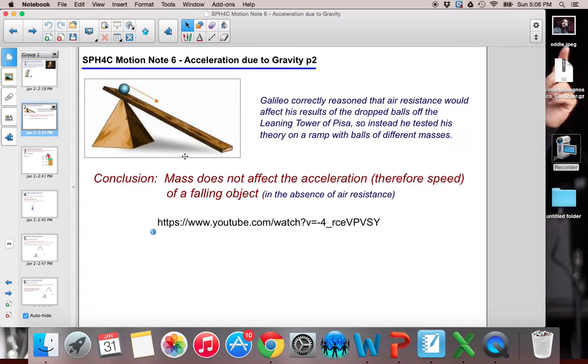So he actually went as far as doing a bunch of experiments. So he never actually did the Leaning Tower of Pisa experiment. What he did do was he set up an apparatus like this, and he rolled balls of different mass down, and he timed them. However, he would time them without a timer. That's a good question. How would Galileo time them? But he did come up with the conclusion that heavier balls did not fall faster. Okay, and this is a great little